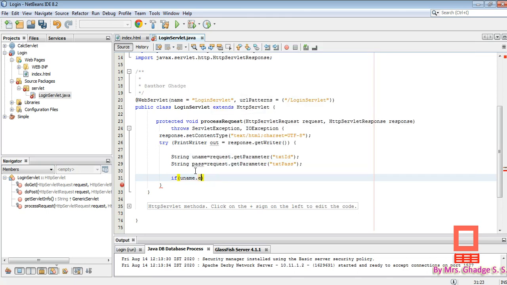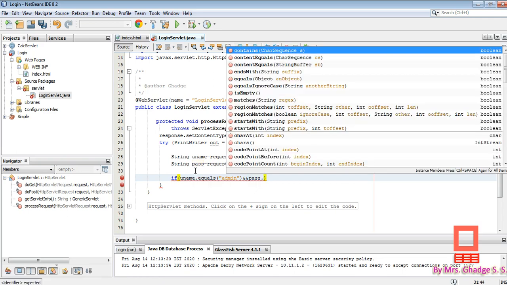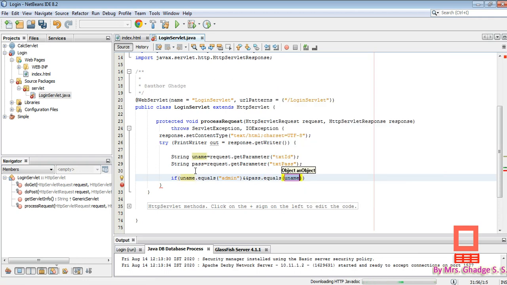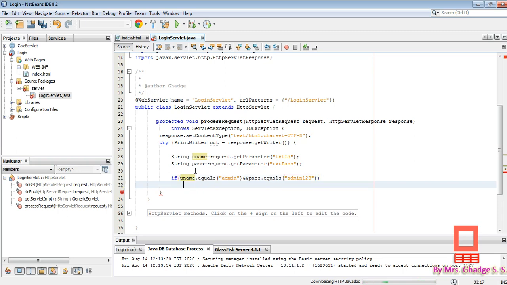So uname.equals, in brackets and double quotation marks, admin, and the double ampersand sign, pass.equals. Suppose our password is again admin123.